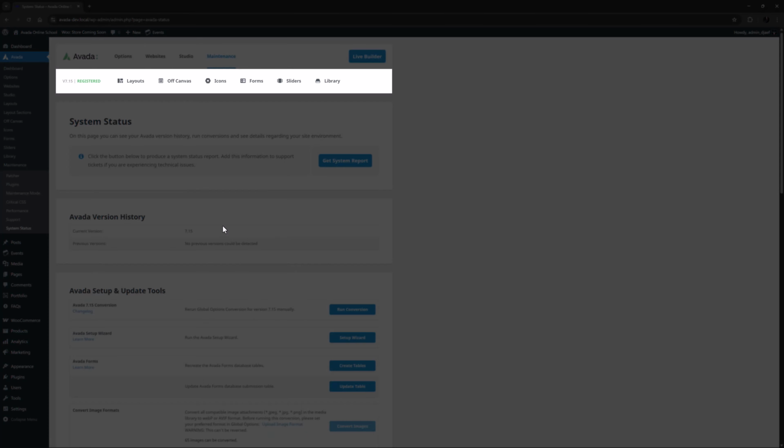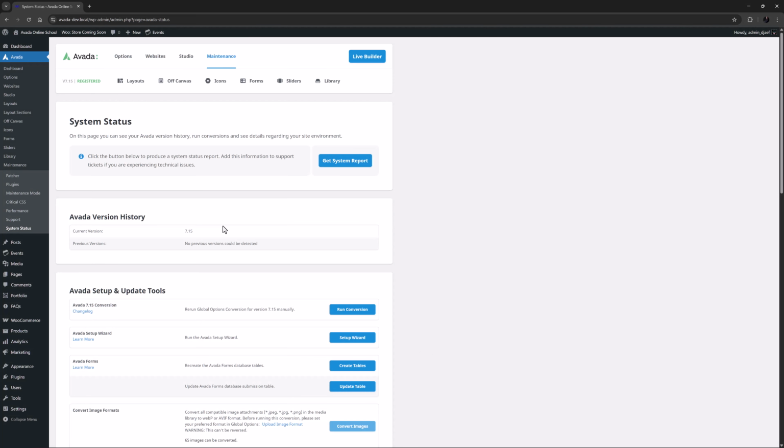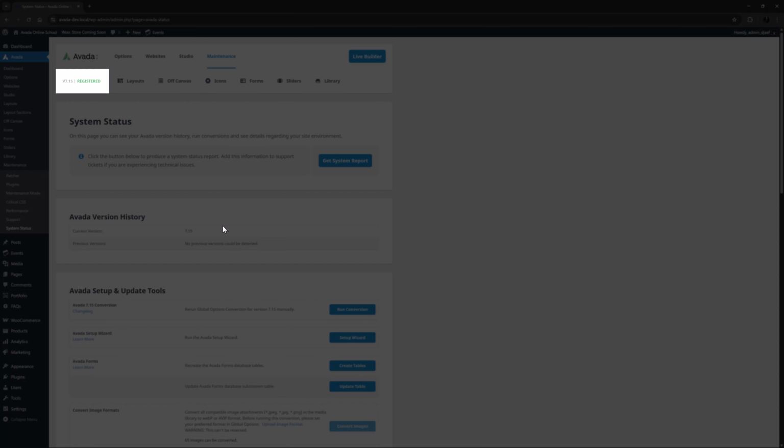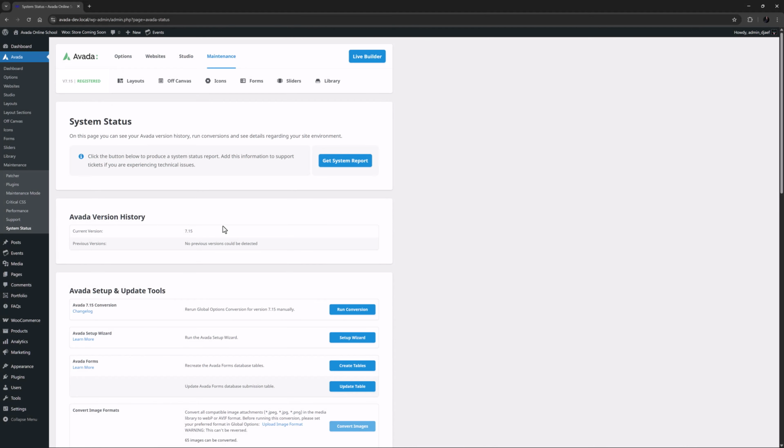Okay, under this is another menu. This one gives you access to the other major building tools that come with the Avada Website Builder. At the left of this menu, you can see exactly which version of Avada you have installed and whether you are registered or not. Layouts is the first menu item, and here you can go to the Avada Layouts Builder